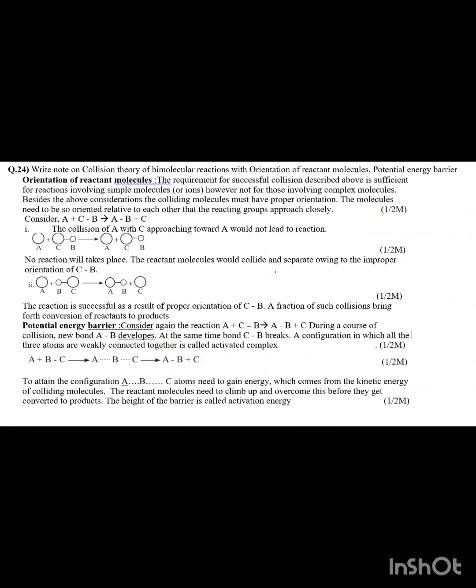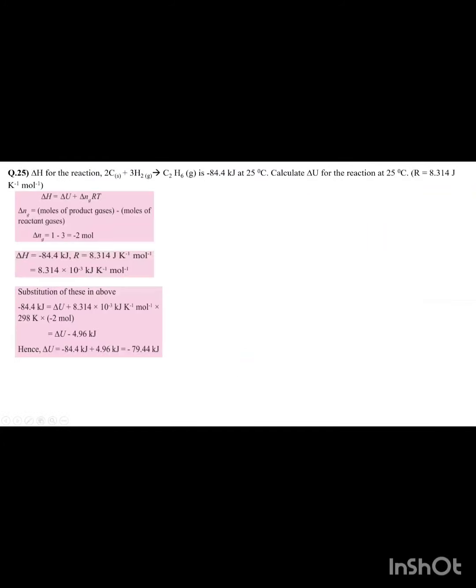Next one, write a note on collision theory of bimolecular reaction. If we're discussing collision theory, there are different ways to discuss this theory. First of all, in the first reaction listed below, both colliding molecules A and C having the same atomic size, this is called an imperfect collision, which does not lead to the product. While in the second reaction, the molecule has